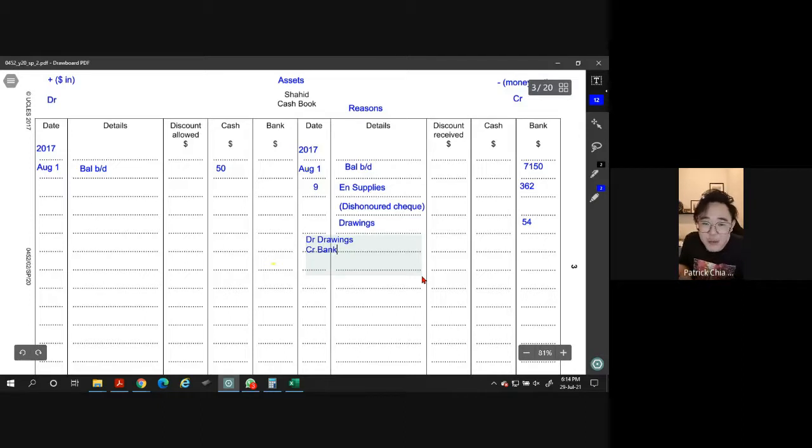But here I'm giving you another easier method, which is just ask yourself: money in, money out. Then you don't need to do double entry. If you want to understand, then you do all the double entry first, see which one is the cash and bank, and then do it accordingly on the left or right side. How you want to do accounts is up to you, how you perceive the information, which is the easier, more efficient method. You should be more flexible in this. See which one is easy for you, and use that method.